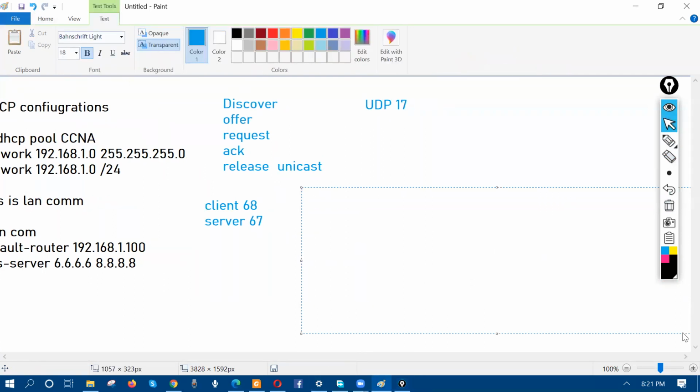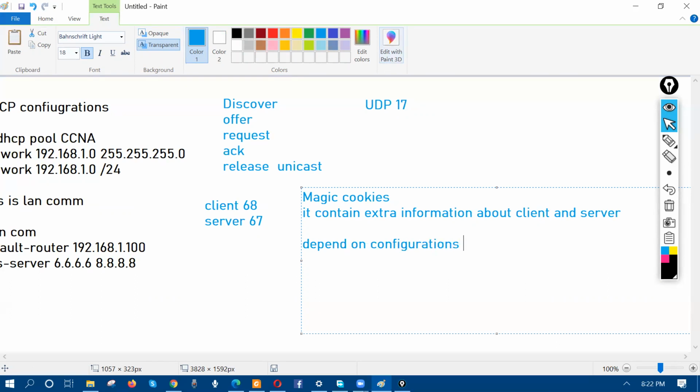What is the use of magic cookies? What is magic cookies? It contains extra information, right, about client and server. Depending on the configuration, your cookies will change, right? Change. For example,